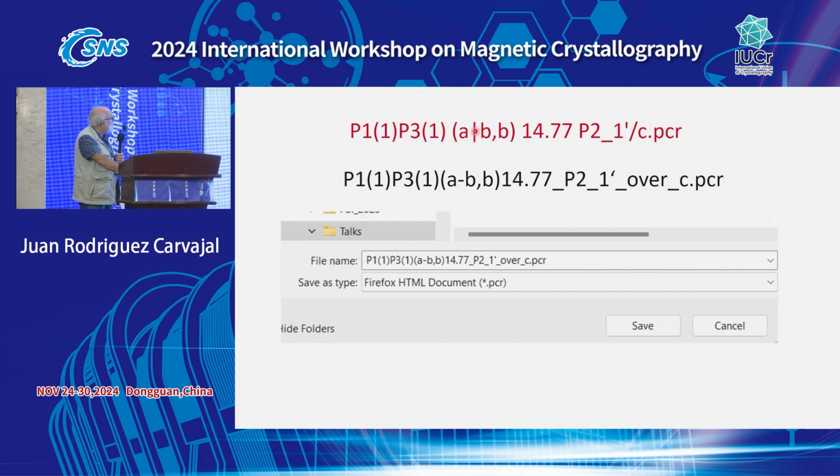All these things, the pipe and the slash, are forbidden as names of files. You cannot use that. So what I do normally is just compact everything,